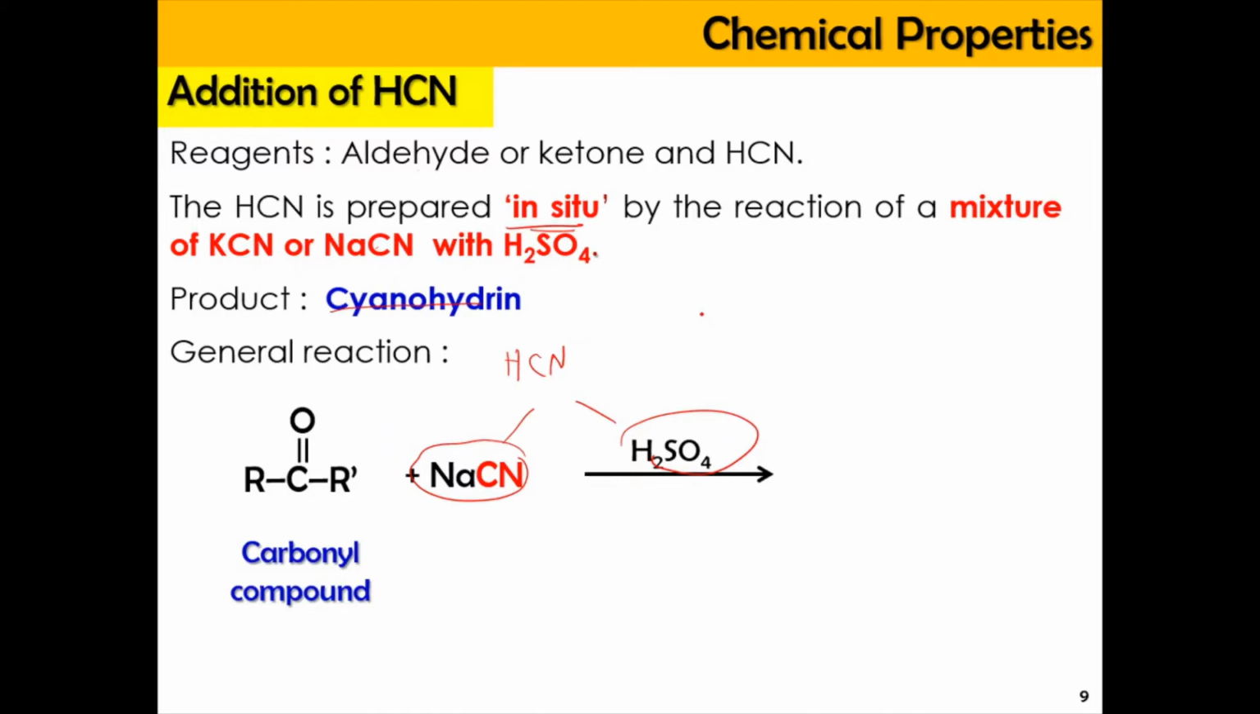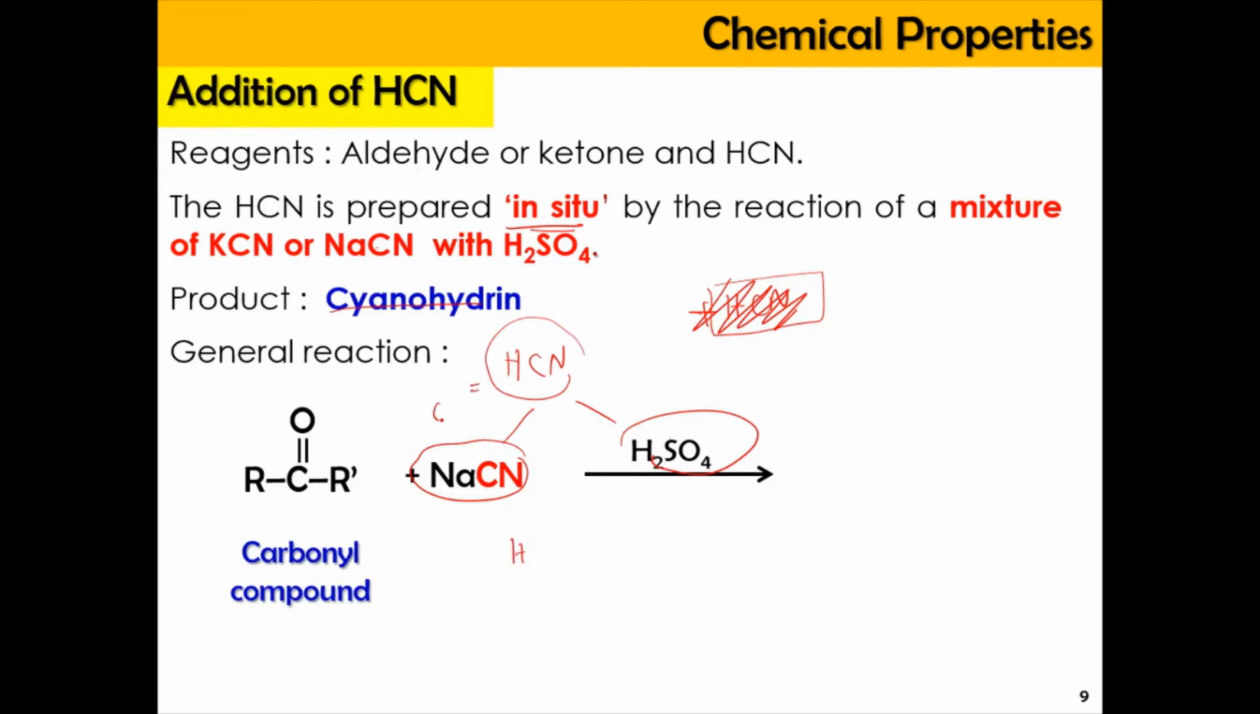Okay, and we cannot write HCN directly without these two substances here, because HCN is very, very corrosive and it cannot exist on its own. Okay, so that is why we need to add NaCN and H2SO4 in order to produce HCN in the reaction bottle, and then you only react that with the carbonyl compound. Okay, and as you know, the